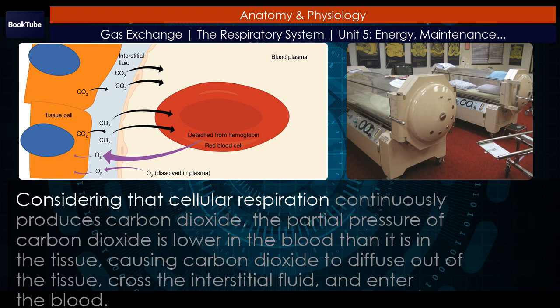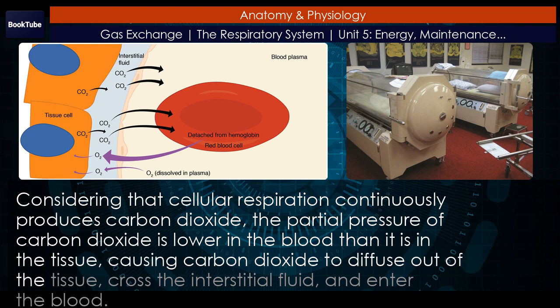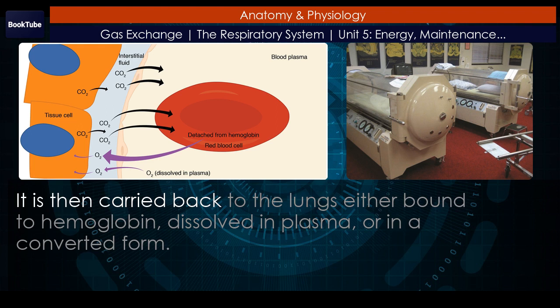Considering that cellular respiration continuously produces carbon dioxide, the partial pressure of carbon dioxide is lower in the blood than it is in the tissue, causing carbon dioxide to diffuse out of the tissue, cross the interstitial fluid, and enter the blood. It is then carried back to the lungs either bound to hemoglobin, dissolved in plasma, or in a